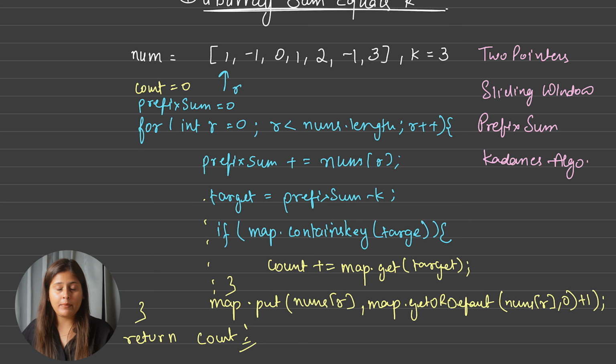I will definitely recommend to all of you to dry run this once on your own and then submit on your own as well. I have given you proper reasoning of why we will apply this prefix sum plus hash map only and not sliding window and Kadane's here.